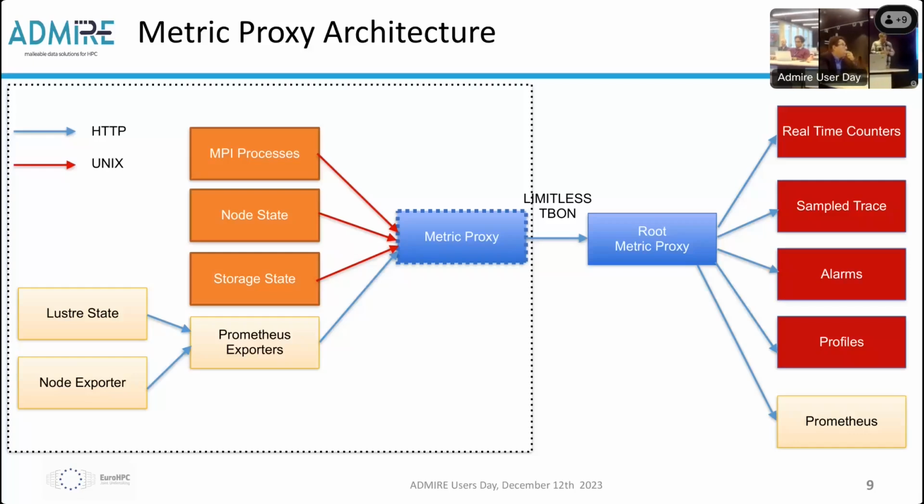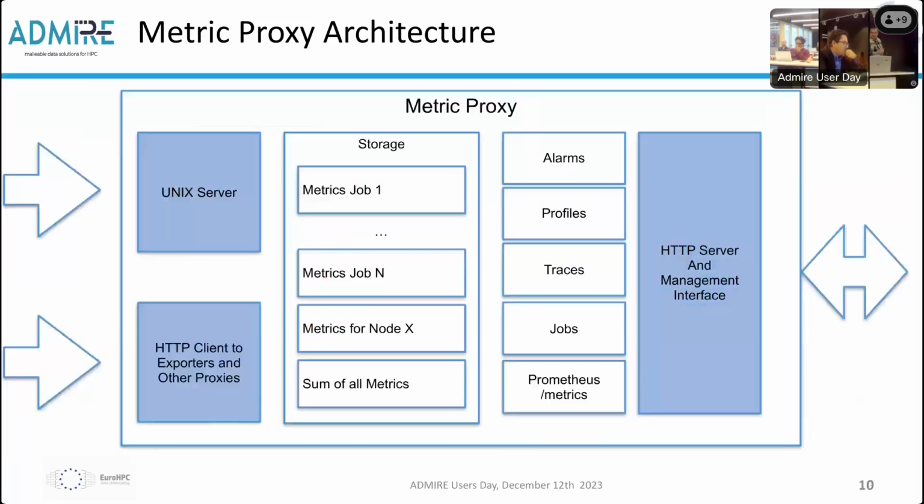It is also the case in the Admire infrastructure that the ad hoc storage will expose their data through this, and these data are then sent to the metric proxy. The metric proxies are shaped in a T-bone using LIMITLESS, and these data are then projected to various views that I will show you later on in the interface. These views are consumed programmatically by the intelligent controller to make the malleability decisions.